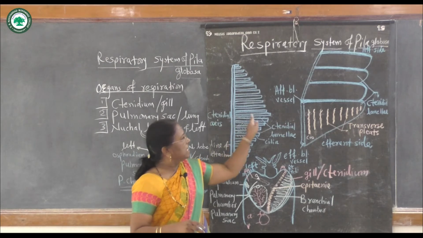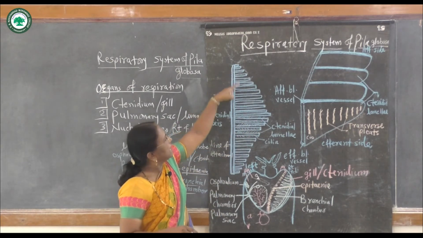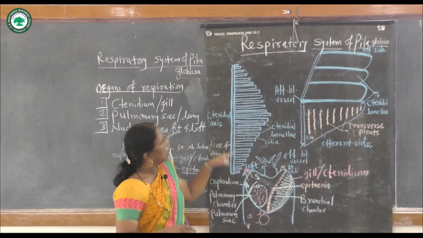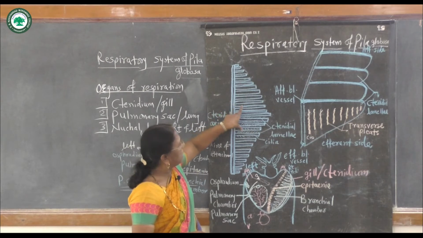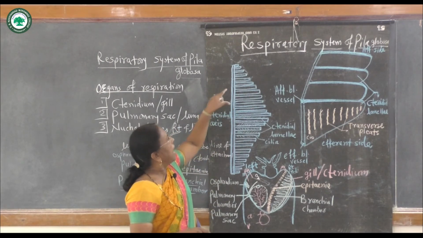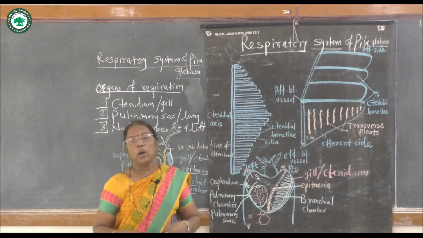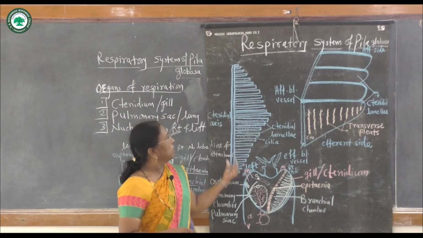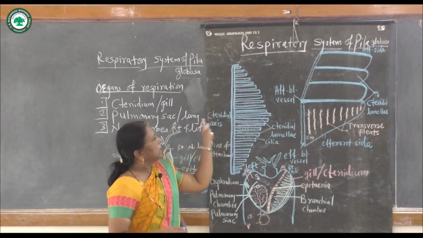They are largest in the middle, and on both sides they gradually decrease. This means the largest lamellae are present in the middle of the ctenidium or gill, and smaller lamellae are situated on both sides of the gill. Thus each gill